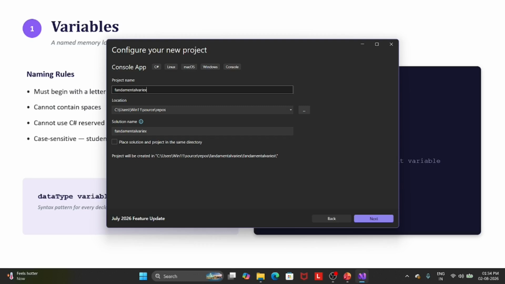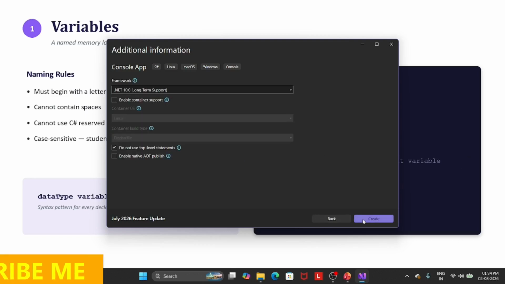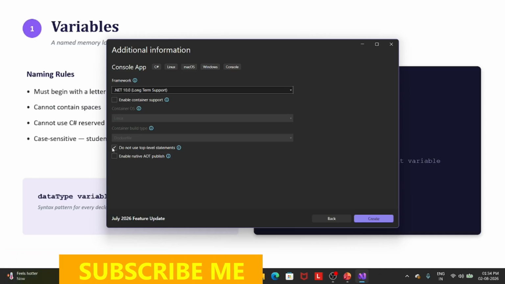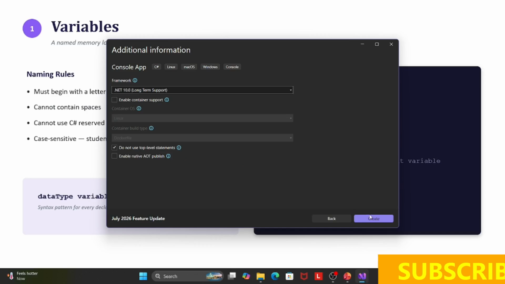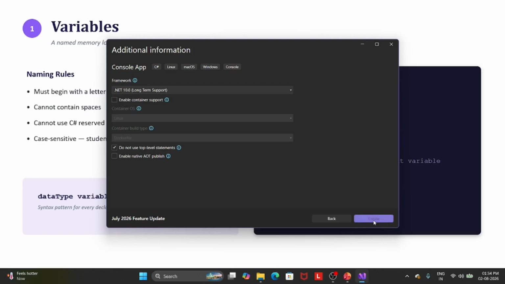We create a project, and we take the traditional type of application for better understanding.